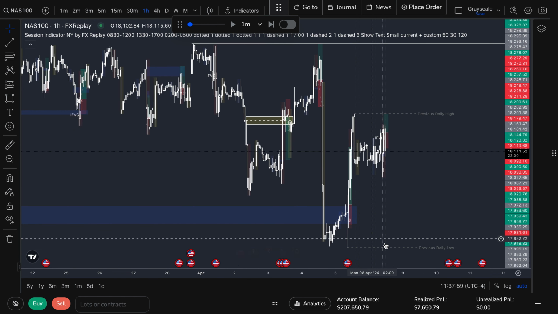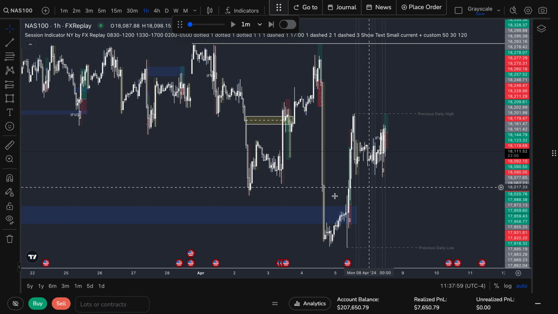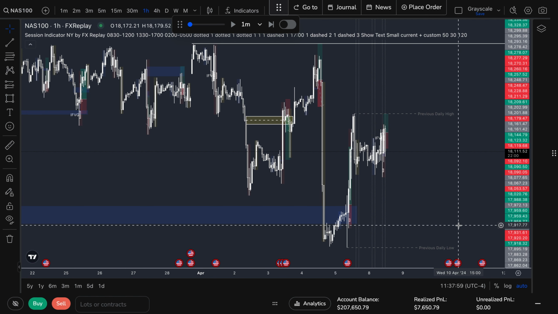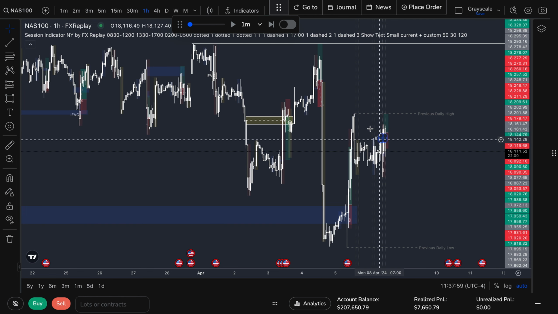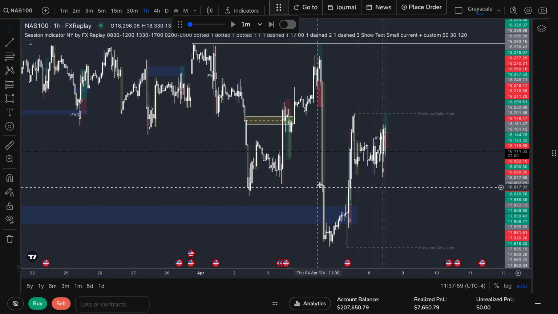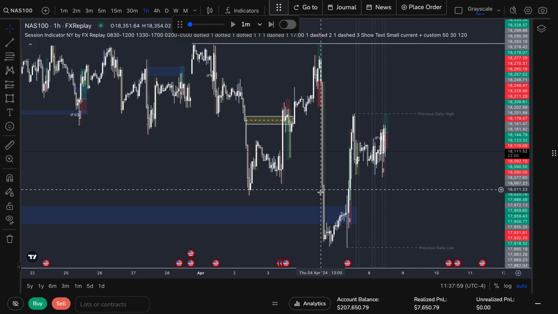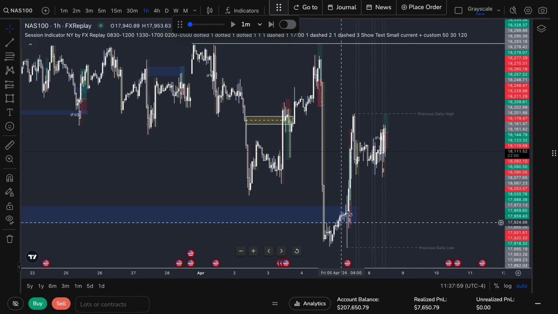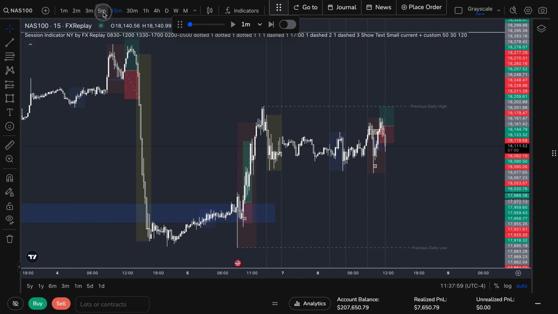It's quite nice. FX Replay does previous daily high and previous daily low as an indicator for you, so it's always helpful for identifying draws on liquidity. Yeah, right. I'm getting sidetracked here. Right, so the main things I'm looking at, or that I've noticed, is price comes down into a higher time frame fair value gap, trades below it, comes back up. Then within that higher time frame fair value gap,